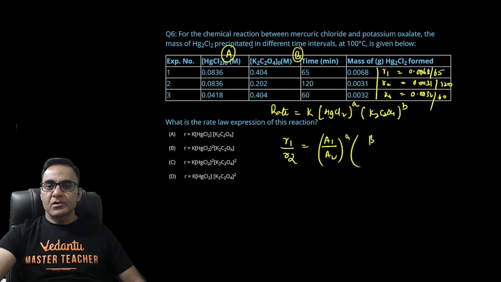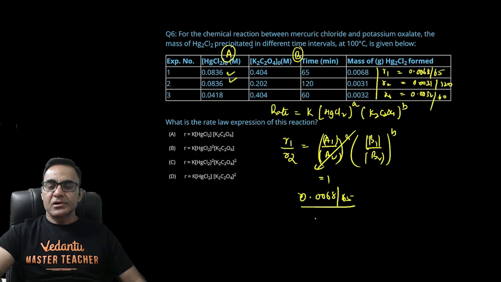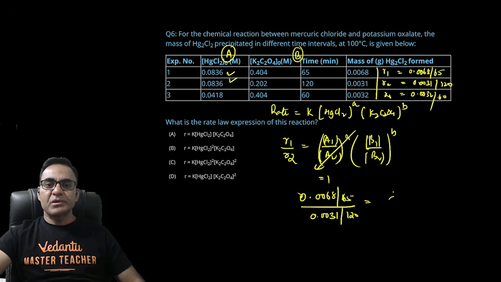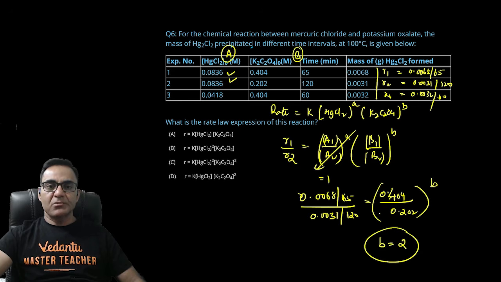तो A1 अपॉन A2 रेज टू द पावर A, B1 अपॉन B2 रेज टू द पावर B, सारी कॉन्सेंट्रेशन टर्म है B। अब यहां से देखो A1 A2 बराबर है तो ये तो हो गया 1। तो यहां से R1 अपॉन R2 जब आप लिखोगे 0.0068 डिवाइडेड बाई 65 divided by 0.0031 divided by 120 must be equal to B1 upon B2। ये है आपका 0.404 divided by 0.202 raised to the power what, B लिख दो। ठीक है, यहां पे आपको B की वैल्यू मिल जाएगी 2, यानी ऑर्डर ऑफ रिएक्शन विद रिस्पेक्ट टू K2C2O4 इज गोइंग टू बी 2।